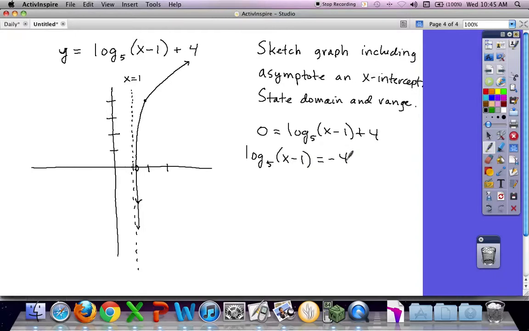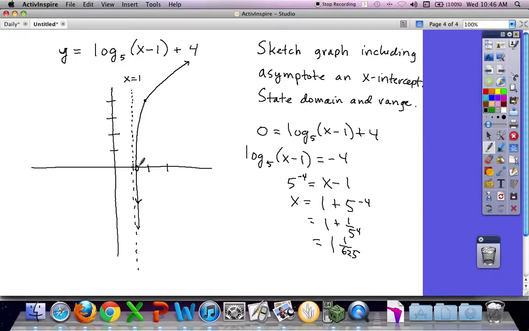All right, convert to an exponential. 5 to the negative 4 equals x minus 1. So x equals 1 plus 5 to the negative 4, which is 1 plus 1 over 5 to the 4th, which is 1 and 1/625th, which you could convert into a decimal if you want, but that's essentially just a little bit more